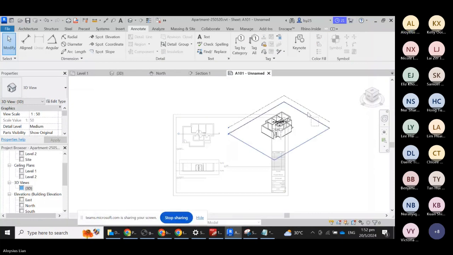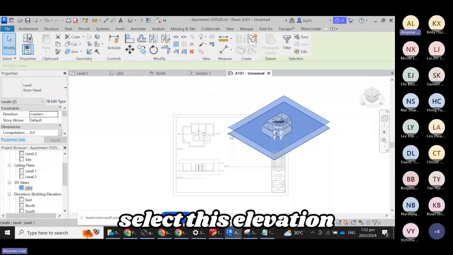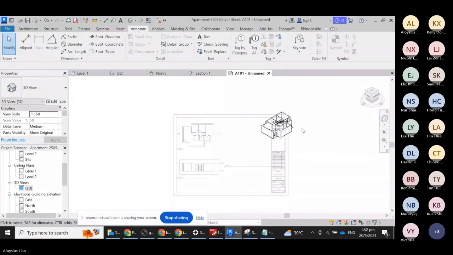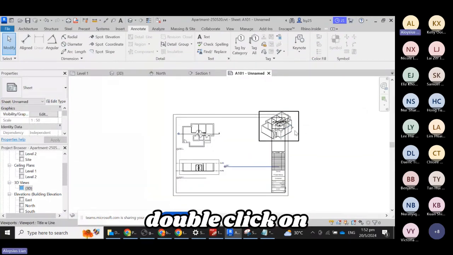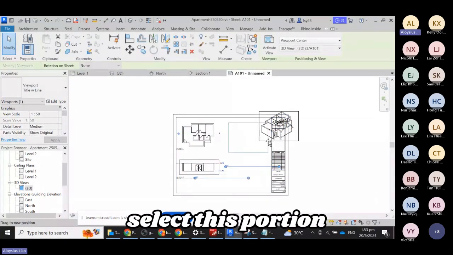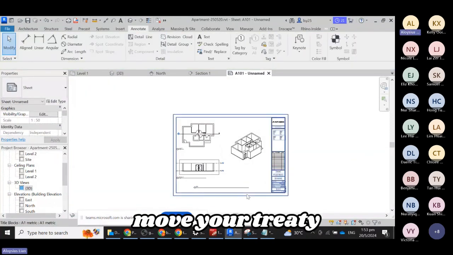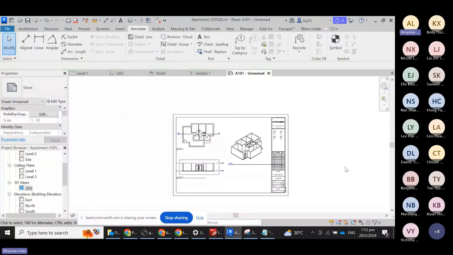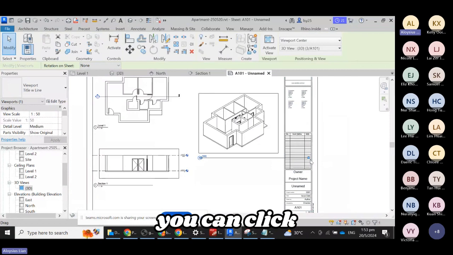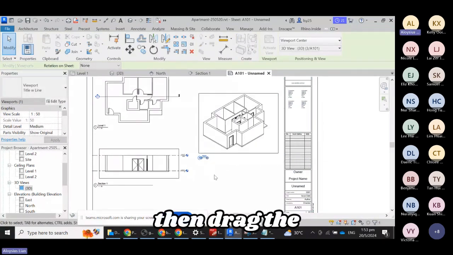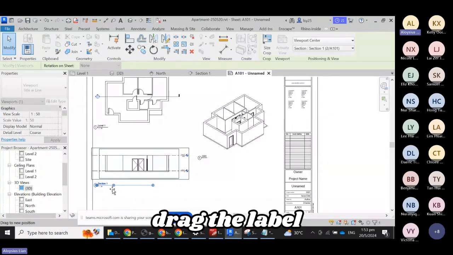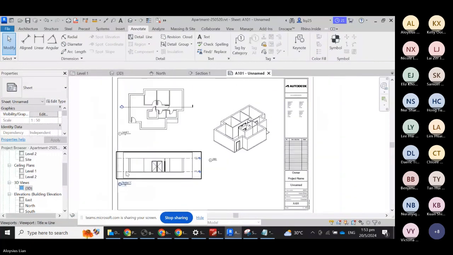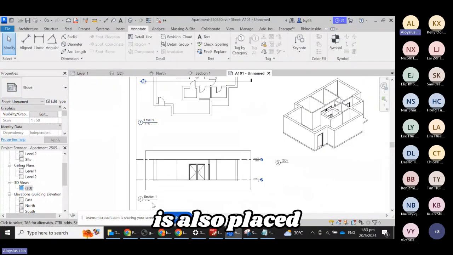Double click inside. I can also select this elevation text, right click, hide in view, element. Okay. Double click on the outside again, select this portion, and you can move your 3D view accordingly. So same thing, you can click on this and then drag the label. Click on this, drag the label. So this is all clearly aligned. And you see the scale here is also placed